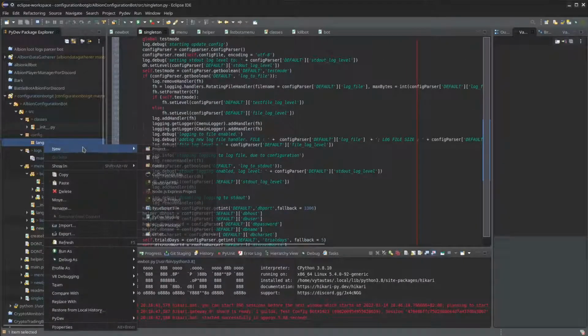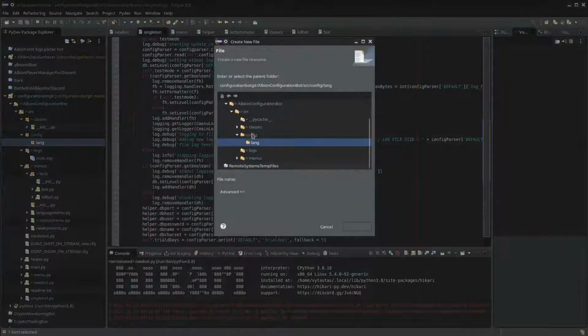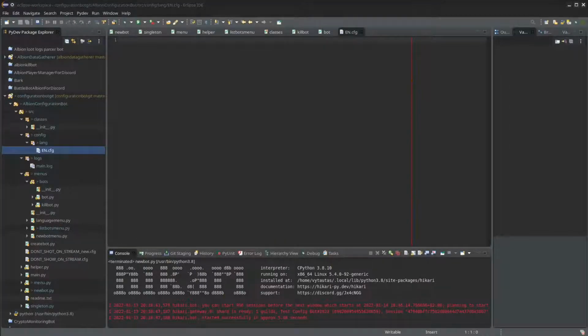I guess it's just a shorthand for the language. That's fine. So let's say en ext. No, config cfg. Well, a config file is just a text file. So now,